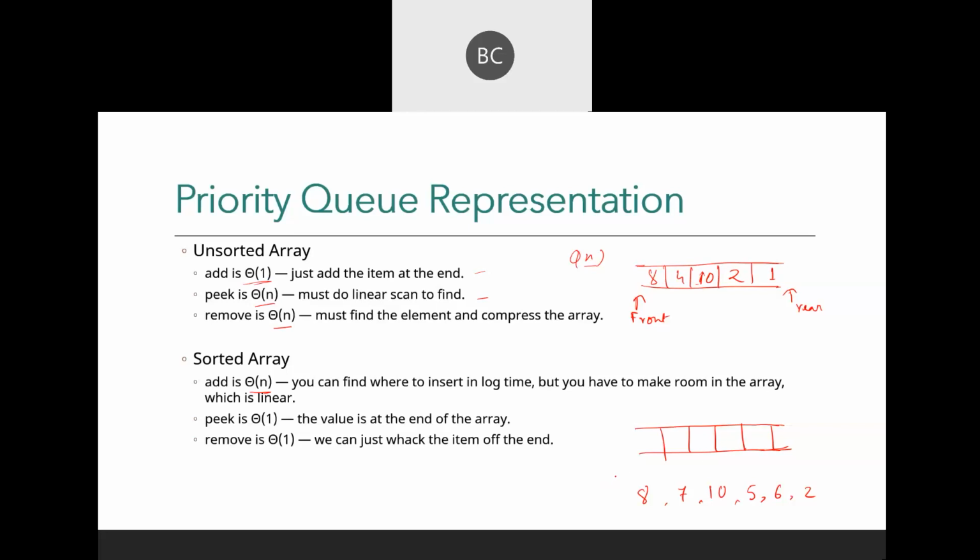Why? Because once it is sorted, you know the highest priority element will be in front, so you can delete it in a single step. So deleting an item is simply O(1) time, but adding an item will take O(n) time. Got it? The difference between unsorted and sorted array.